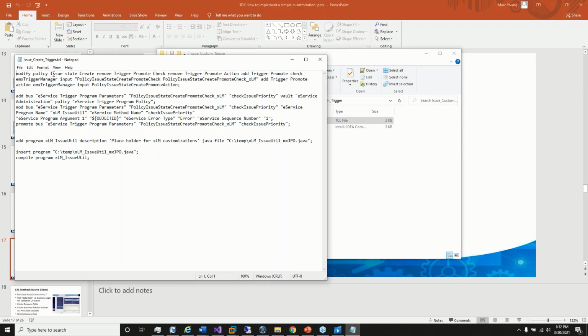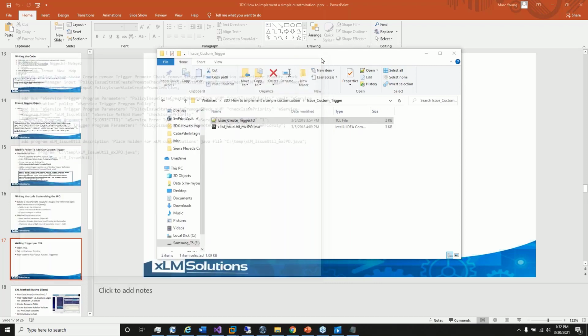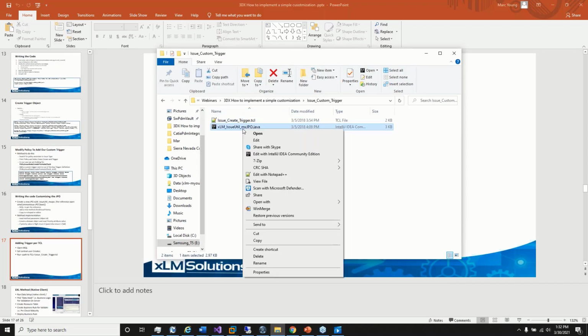Now, this is where we're going to modify the issue policy. We're going to add our program, which we'll call the code. We're going to modify the program with some various specific parameters, and then actually add the JPO or the code that the program calls, insert it, and compile it. And if you want to look at the actual code,